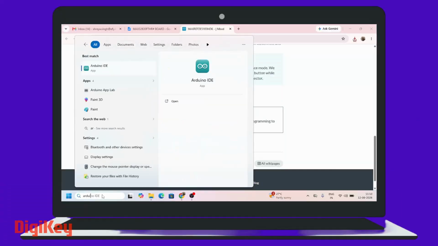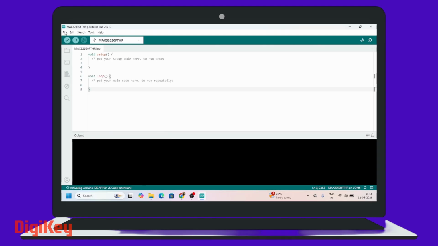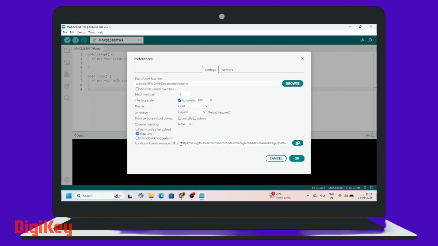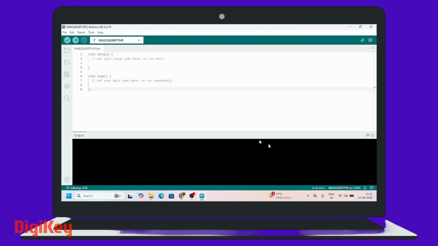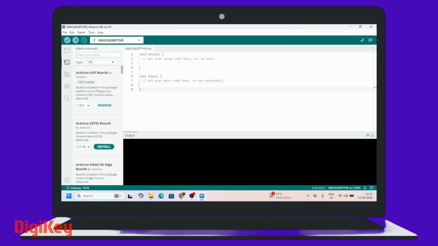For the next step, we launch the Arduino IDE as administrator, then go to File, Preferences and locate the additional Boards Manager URLs field. Here, paste the board package URLs provided in the description. These packages are maintained by Analog Devices and PJRC, so credit goes to their respective development teams for providing the